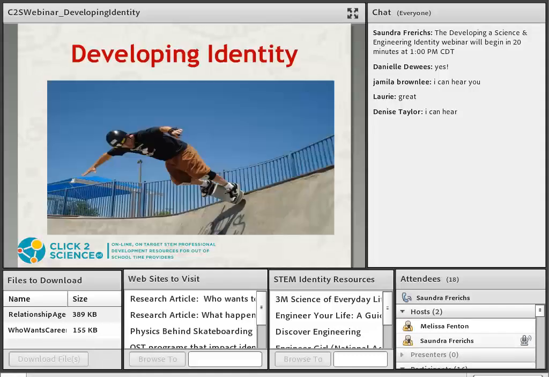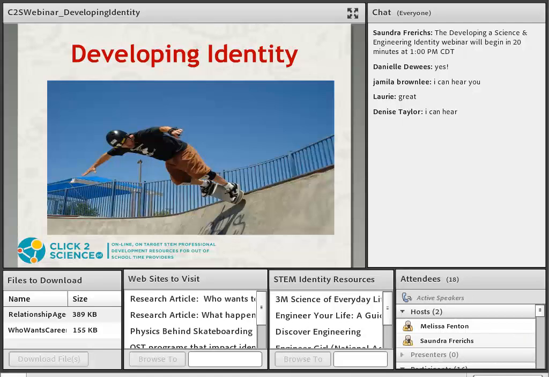This webinar is on developing a science and engineering identity, and we're going to be looking at some resources from Bill Robertson, also known as Dr. Skateboarder. If you are familiar with Bill Robertson, you may have visited his website, or you may have seen the blog that he has on Click to Science. He is a physics teacher. He teaches students who might otherwise have fallen through the cracks about speed, velocity, and momentum at a local skate park. And we're going to be talking about some of the things he has learned in his work about developing